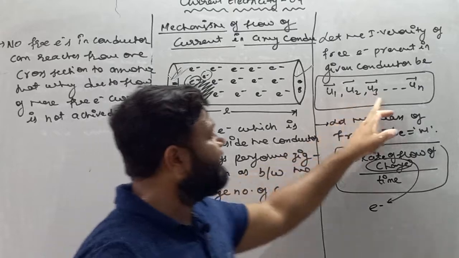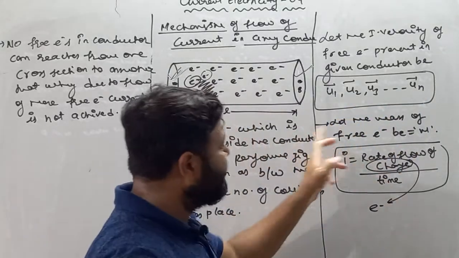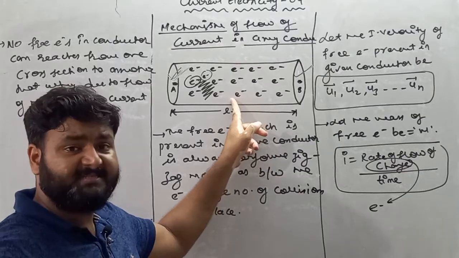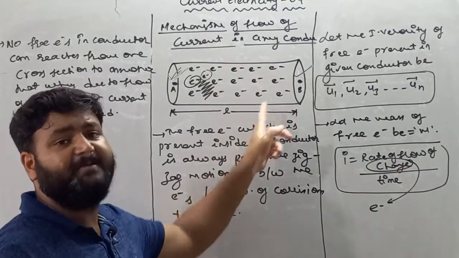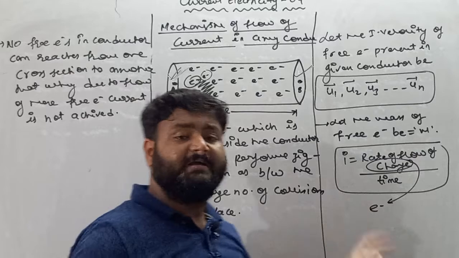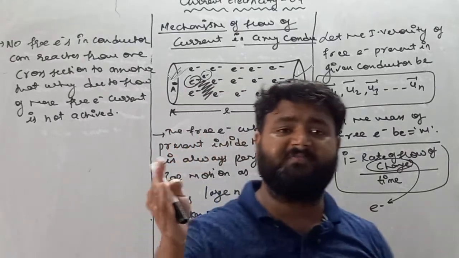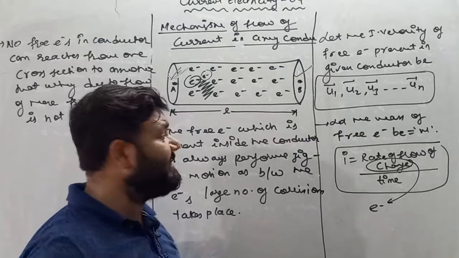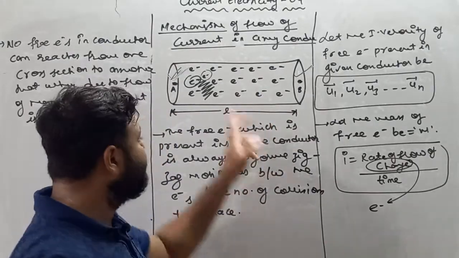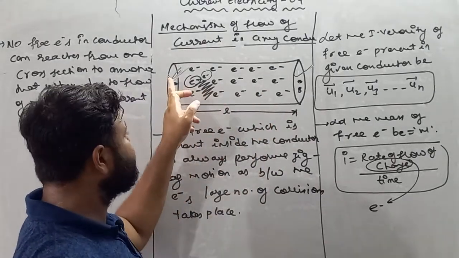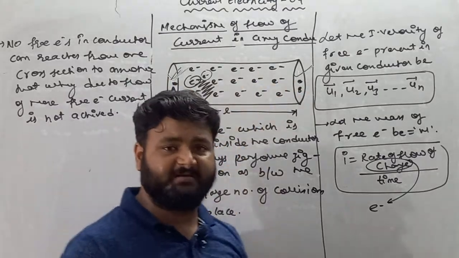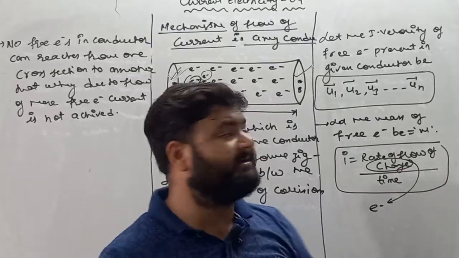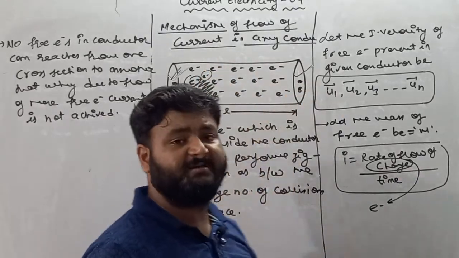Every conductor carries different initial velocities, but their masses are the same. These free electrons are in motion, but still current is not defined by these electrons. As we know, current is basically the flow of electrons with respect to time. Here electrons are flowing, but still current is not defined, because no free electron reaches from one cross section to another cross section. Until and unless the free electrons reach from one cross section to another cross section,